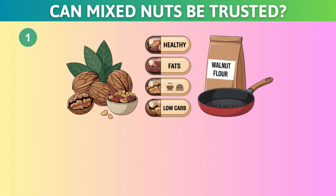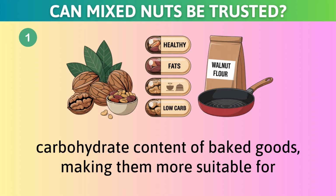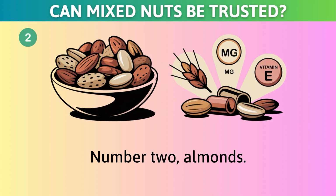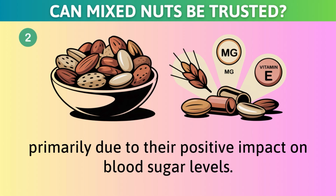And here's a tip. Ground walnuts can even be used in baking as a partial flour substitute, adding healthy fats and reducing the overall carbohydrate content of baked goods, making them more suitable for a diabetic diet. Number 2, almonds. Almonds are another excellent nut choice for individuals managing diabetes, primarily due to their positive impact on